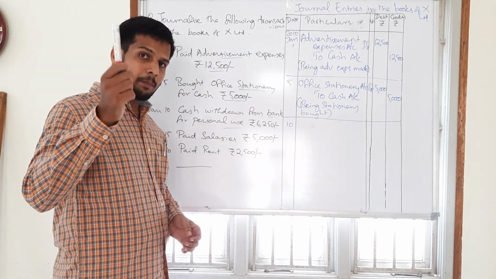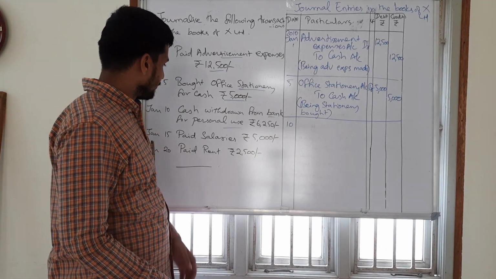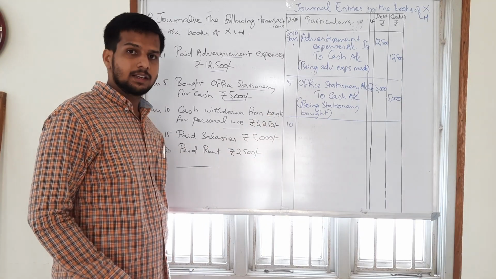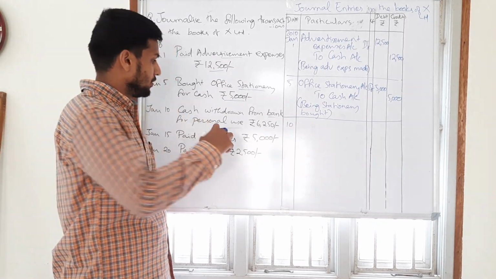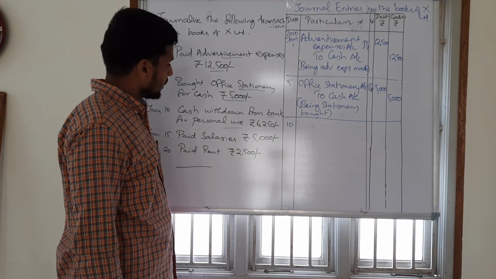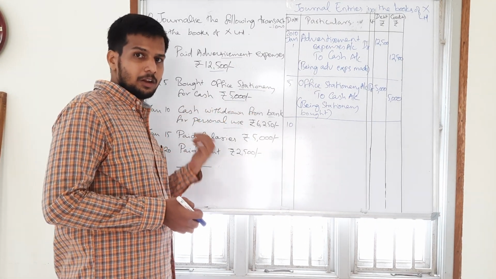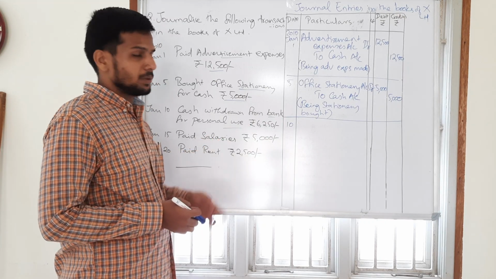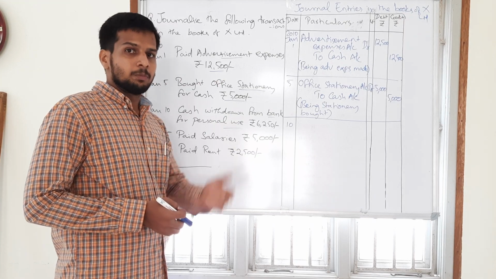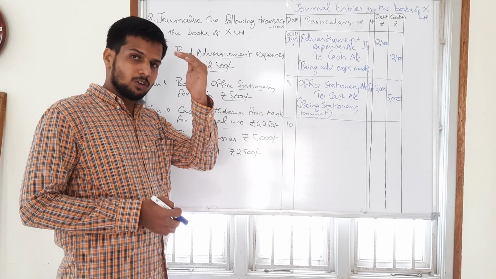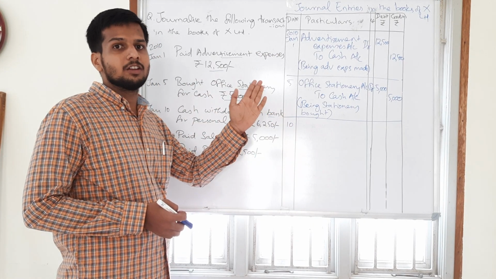When we take the bank, that is a personal account: debit the receiver, credit the giver. Here bank is the giver. So debit the receiver, credit the giver means we need to credit the bank account. If it were for business purposes, then cash would be debited as well. Here, for personal use, it refers to the proprietor. Proprietor comes under personal account. Personal account: debit the receiver, and he is the receiver of the amount. So that should be stated as drawings account.